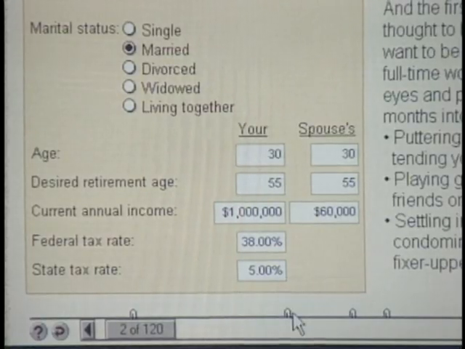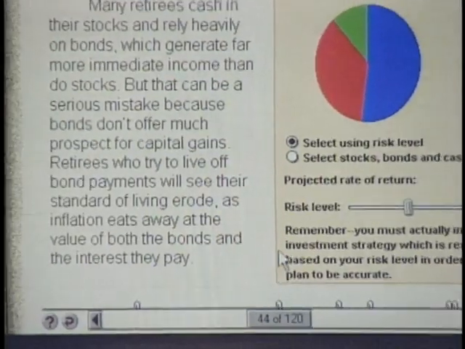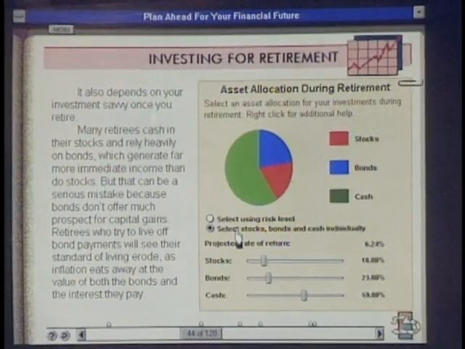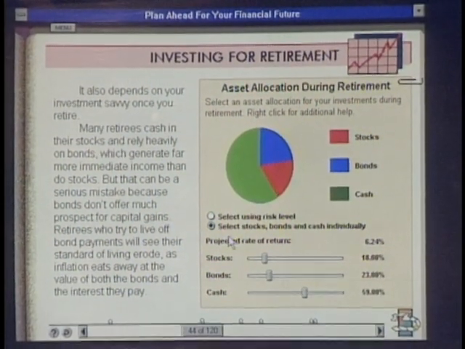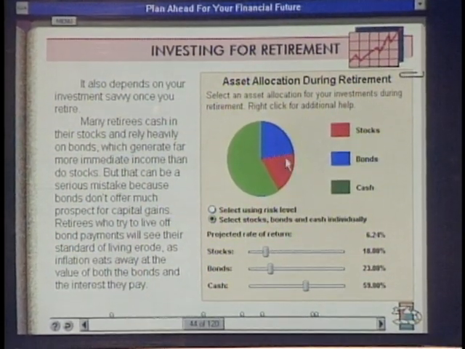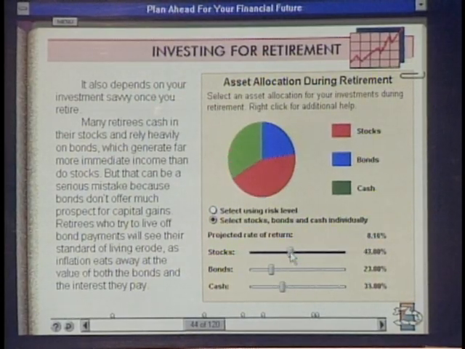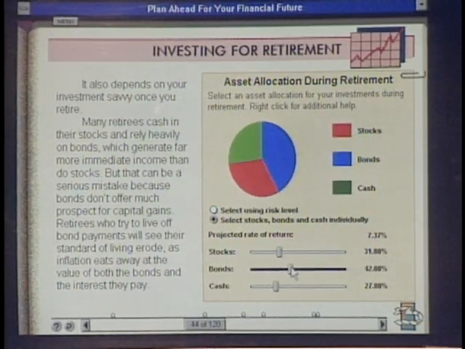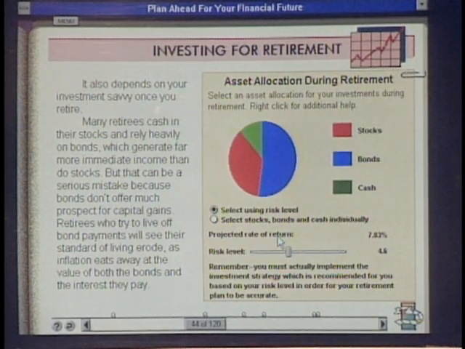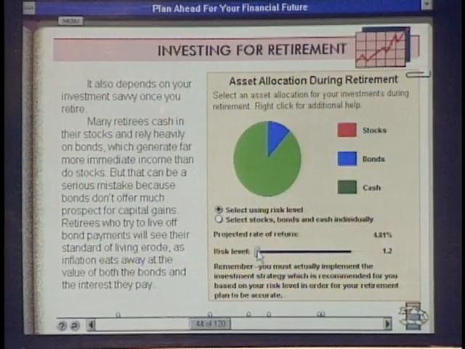Exactly. Okay. Over here, you enter information about the asset allocation that you would want for your investments, how you're going to divide your investments between stocks, bonds, and cash. Now, you can enter that information manually by simply dragging these sliders around, or you can have the program select an allocation for you based on how much risk you want to take. Okay, so just slide that risk bar and it will tell me what percentage then ought to be in stocks, bonds, cash, and obviously low risk, I don't want any stocks, high risk, more stocks, etc.